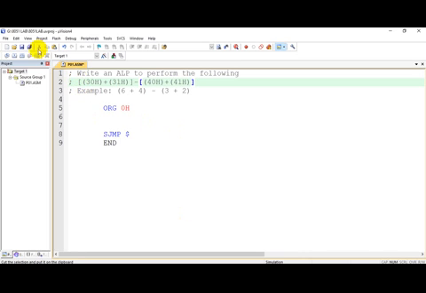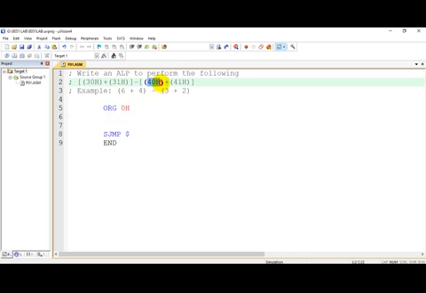The program is like this. Write an ALP to perform the following: A plus B minus C plus D. Here you have to add the contents of 30H with the contents of 31H.